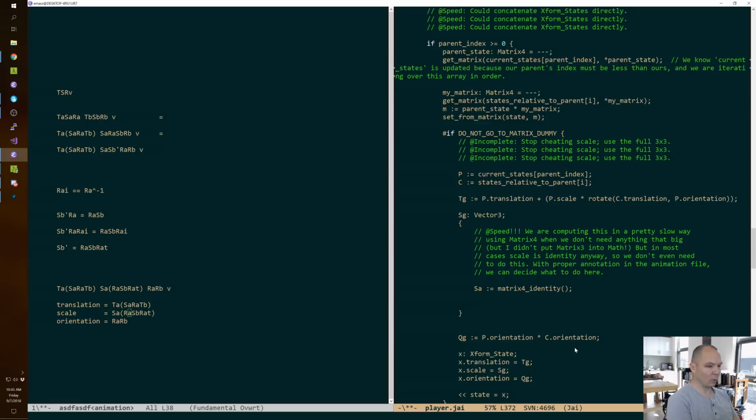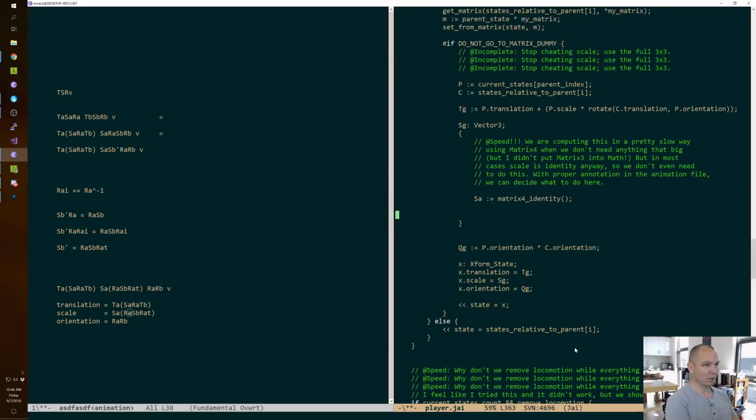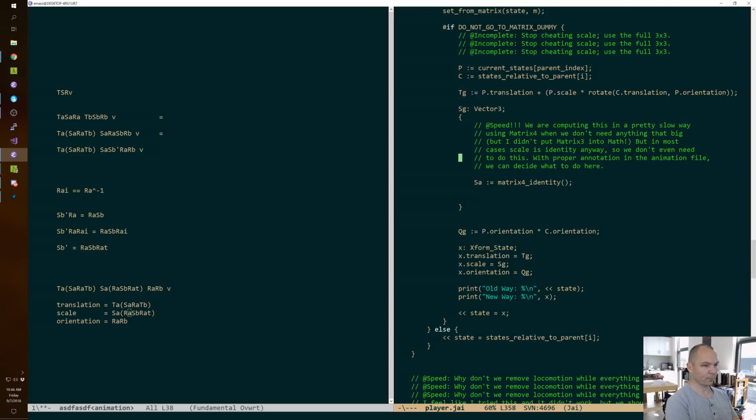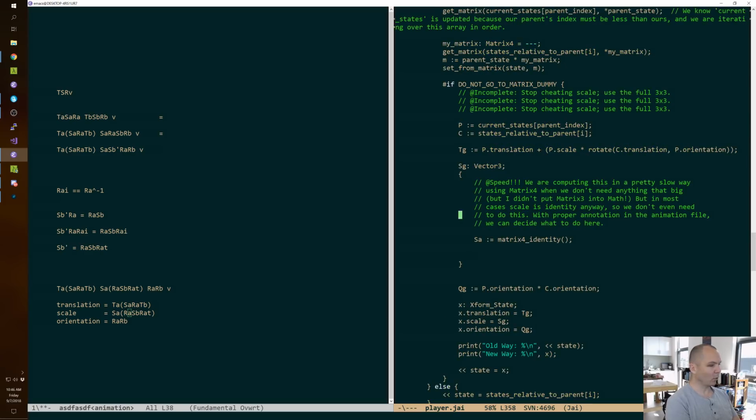And we can print old way gives us this. New way gives us this. So we compare those and make sure they're good. Okay, so yeah, dude, I kind of just want to write multiply, but we're not going to do that. We're going to say